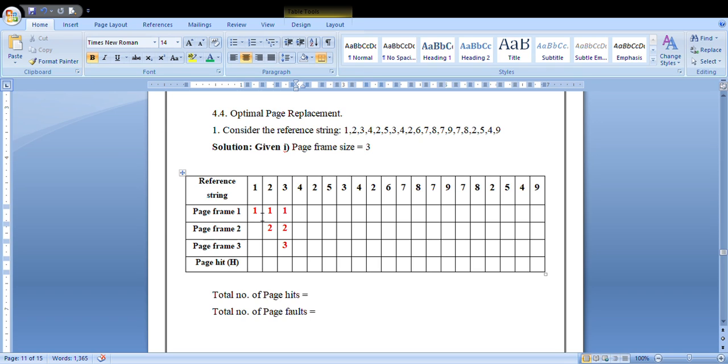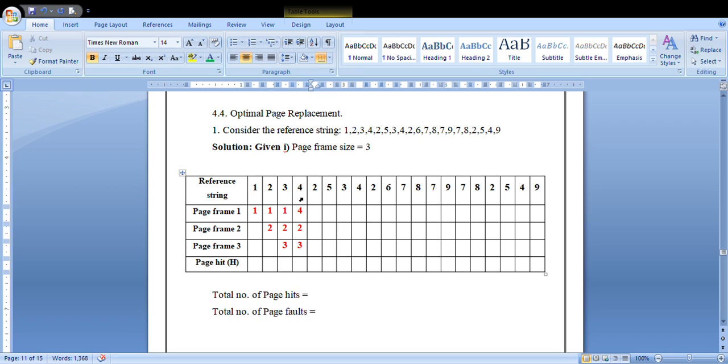Here 4 is the new page arrived, so you need to replace the oldest page. Here 1 is the oldest page, and also it is not going to repeat recently. Since the page frame value is 3, you need to consider the next 3 values, whether 1 is getting repeated or not. If it is not repeated, and it is also the oldest page, replace that particular page. So 1 is replaced by 4, keep the other values as they are.